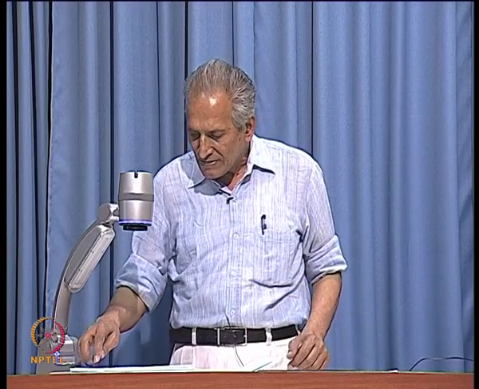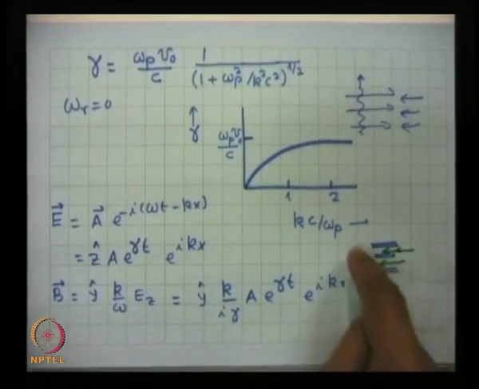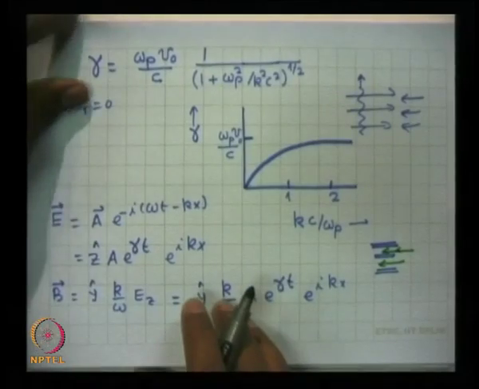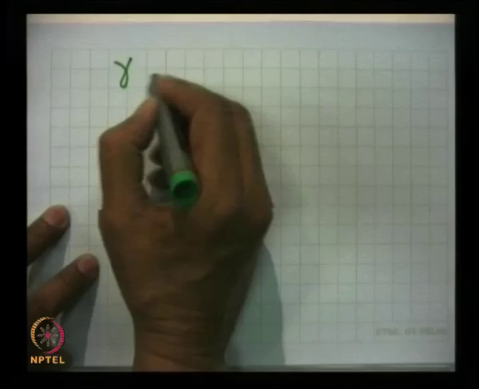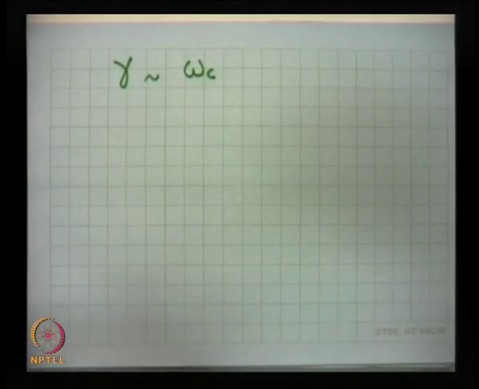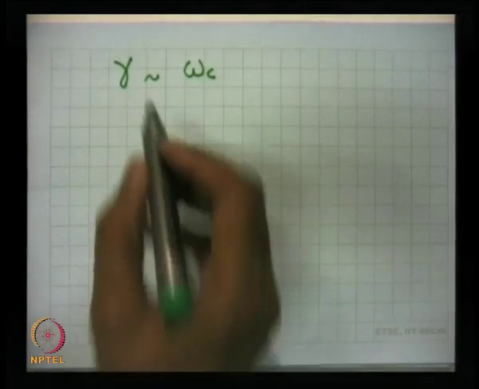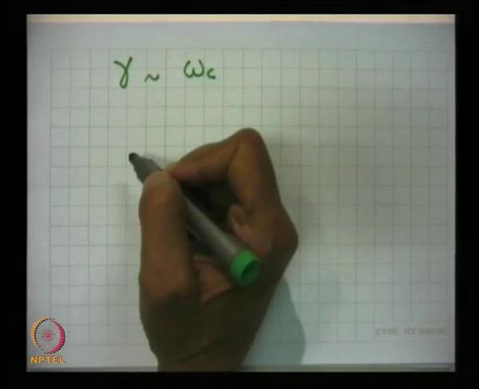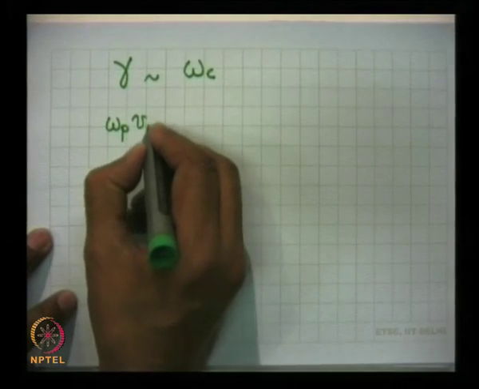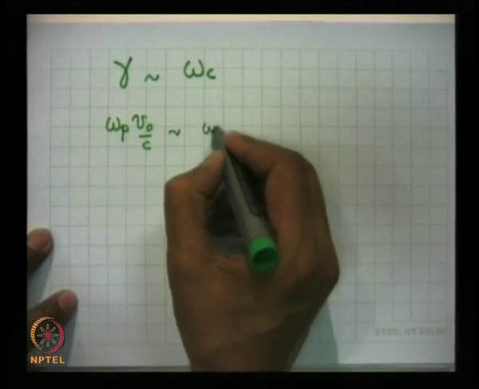Finally, I would like to mention how this instability will saturate, because as this magnetic field grows, the beam turns around and the passage of the beam will be stopped. The instability saturates when the growth rate becomes comparable to the cyclotron frequency. Cyclotron frequency characterizes the electron motion. So whenever the growth rate becomes comparable to cyclotron frequency, the instability saturates, and gamma, as I mentioned to you, is of the order of omega p V0 by c, and so omega c that you produce, which is equal to